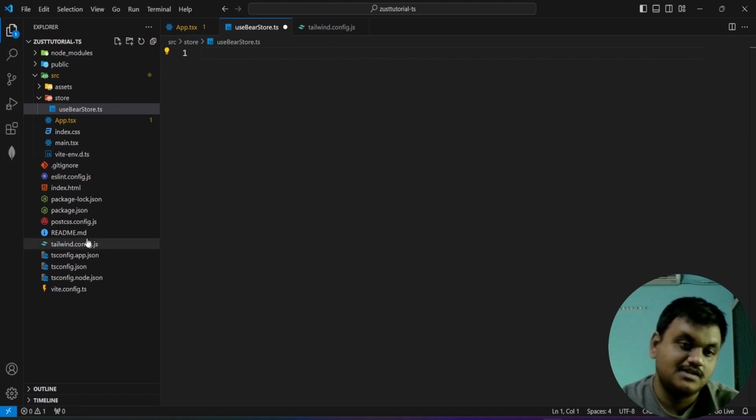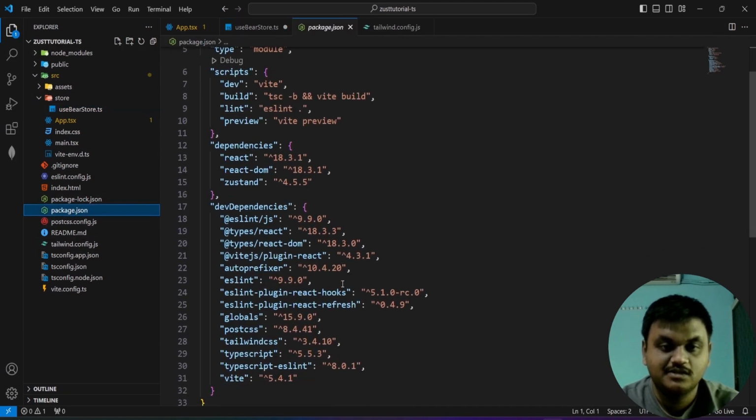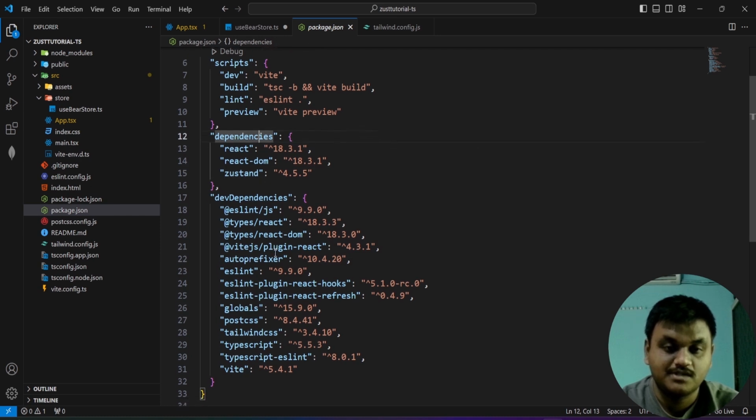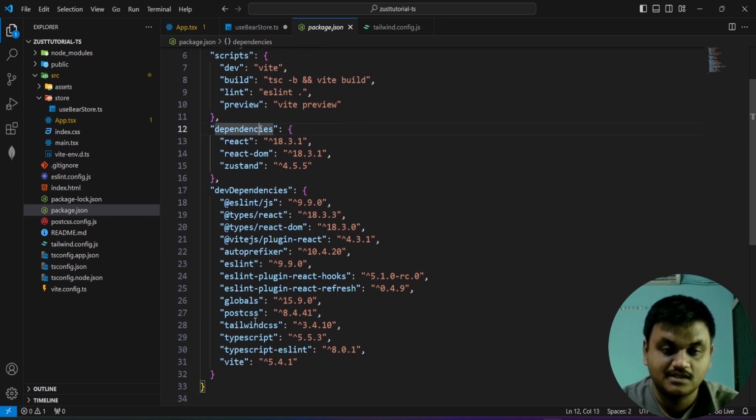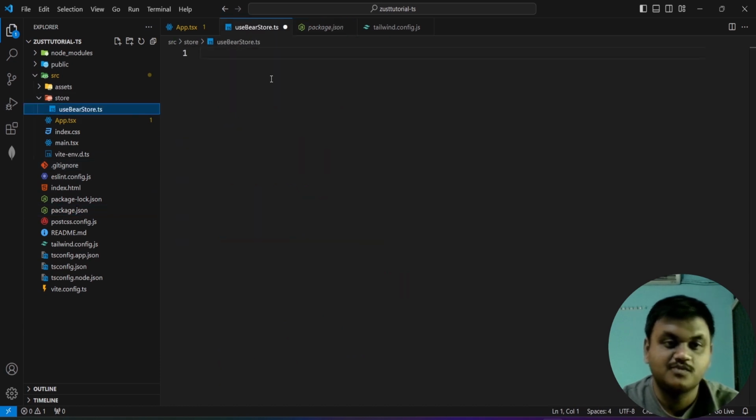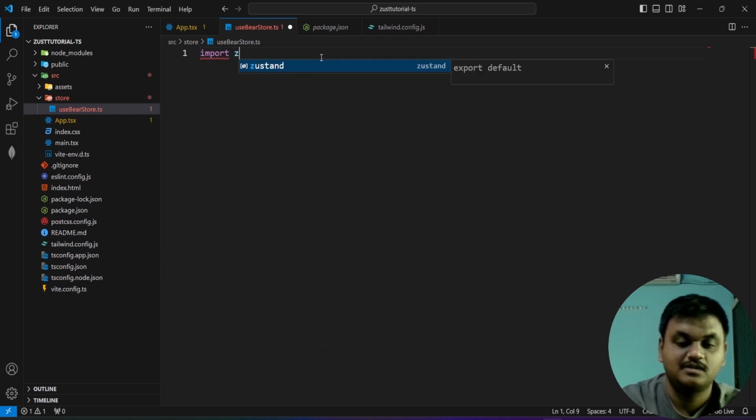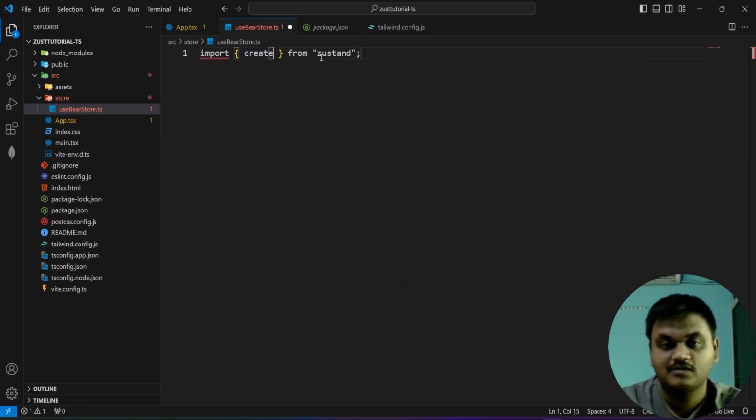If you want to see whether it is installed or not, go to the package.json, go to the dependencies. Zustand is installed. Tailwind is not in dependencies, Tailwind is installed in the dev dependencies. If you see here, this is Tailwind CSS. Go to the useBearStore.ts. I'm going to import create from Zustand